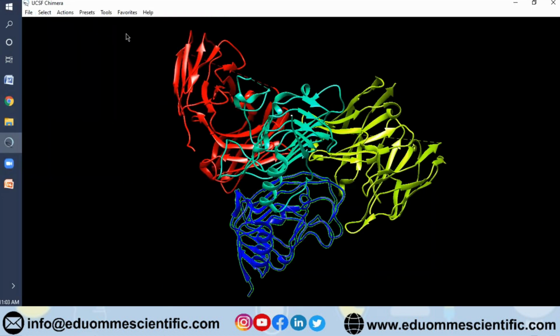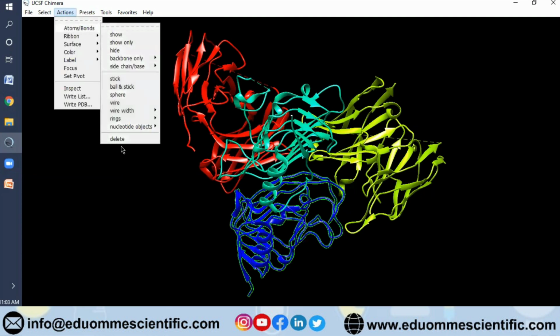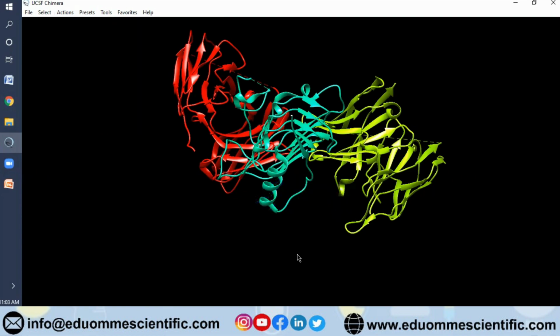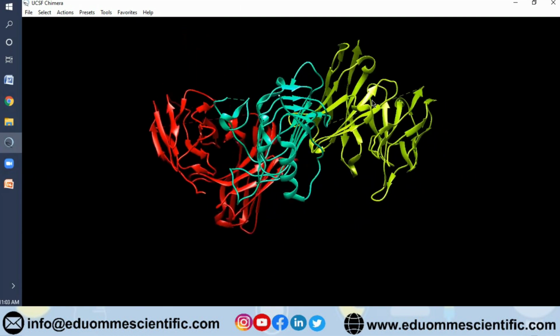In a particular chain, if you want to select, this also can be done. If you want to remove that part, this can be removed from here. So accordingly, you can play with these compounds, and depending on your needs, you can save the files, you can edit the files, visualize these files, and save the final session and use these structural information for your work